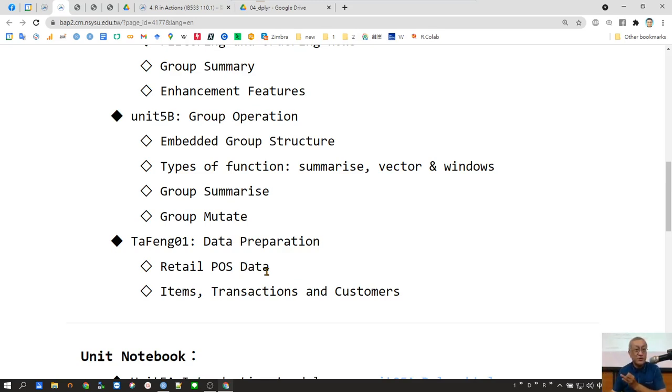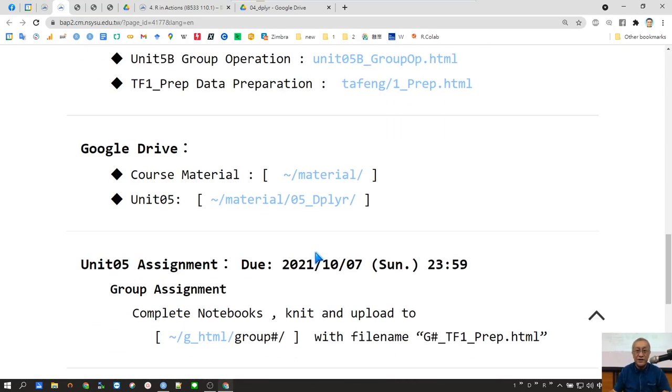I will use these data sets to demonstrate why we need to learn a package like dplyr, okay? I will spend more time on Unit 5B and also some time on Tafang 01, these two data sets, right? So if you go to today's download directory,